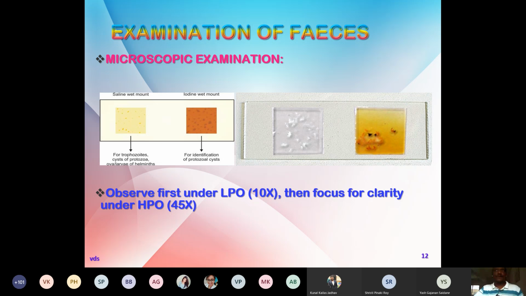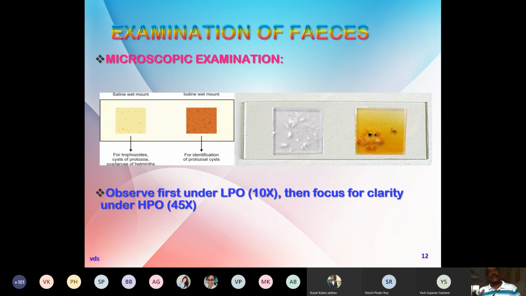Why? Because in the helminthic egg, if you have understood properly, two types of eggs are produced by the parasite: bile stained eggs and non-bile stained eggs. Those eggs which are bile stained are naturally either brown or yellowish brown in color, so they do not need any staining technique. Whereas non-bile stained eggs, it is not necessary to stain them. We are supposed to identify them as non-bile stained. That's why their original character, which appears grayish in color under saline preparation, is sufficient for the identification.